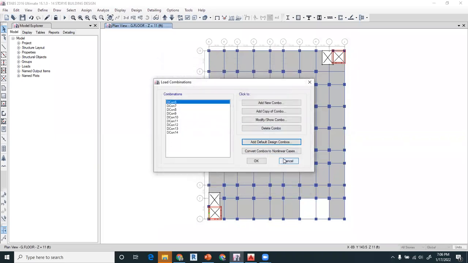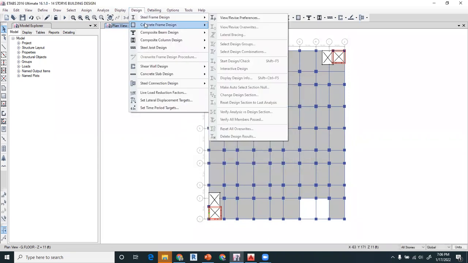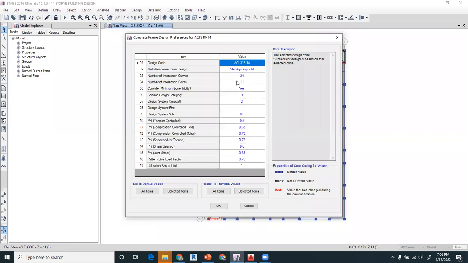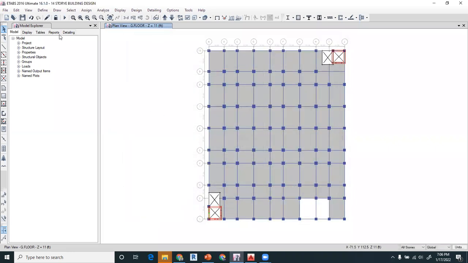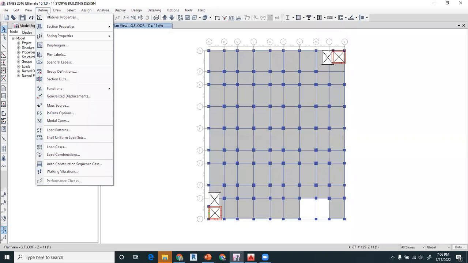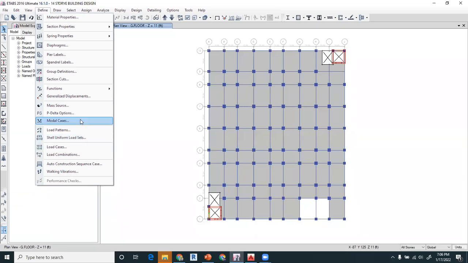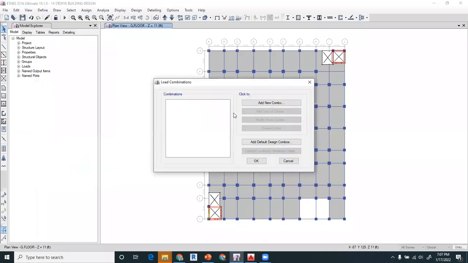So now you can cancel that and again go to design, complete, because we are designing according to ACI 318.14, right? Because we do not have any spectral acceleration, spectral acceleration for 1 second, spectral acceleration for 0.2 seconds, that is defined in IBC and ASCE 7-16. We have all the data on the building code of Pakistan, it is UBC 97. So that's why we are defining all our load combinations